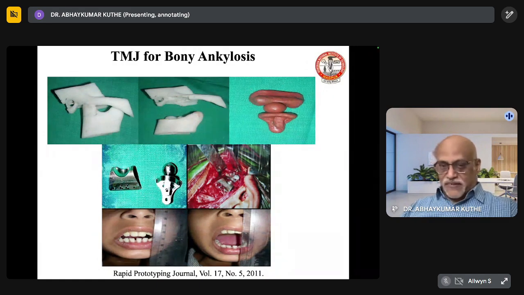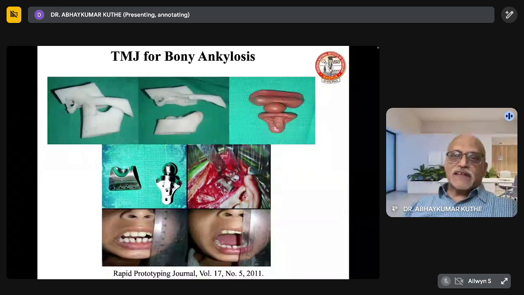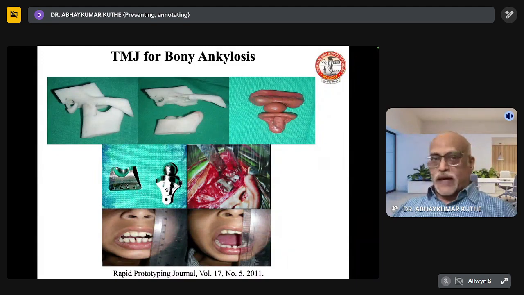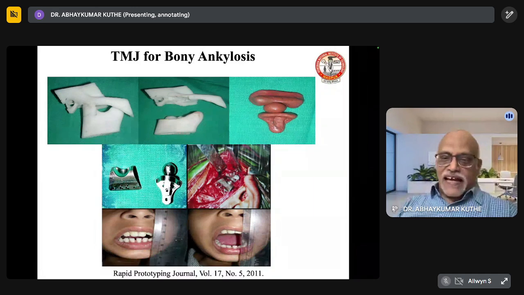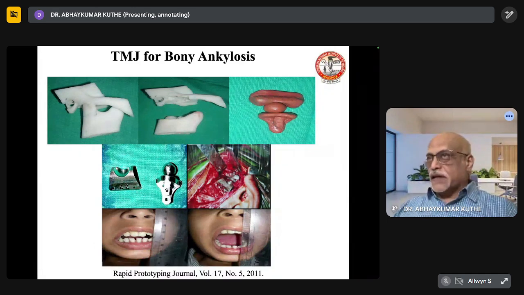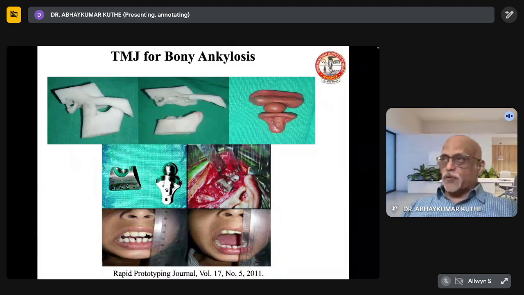These are all customized implants. Here, this is the first case study that we have handled, which we call the TMJ for bony ankylosis. TMJ stands for the temporomandibular joint. Now, you can see that this particular joint we have developed using 3D printing and rapid prototyping assisted manufacturing. So here you can see, if you look at this particular figure, we have taken the diseased model,